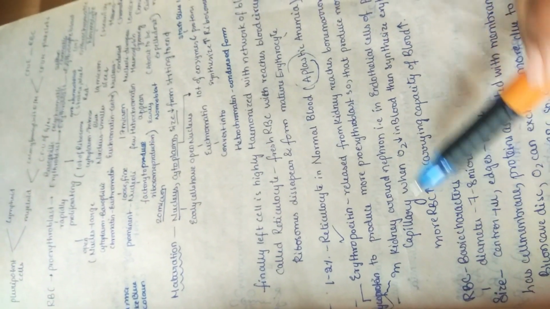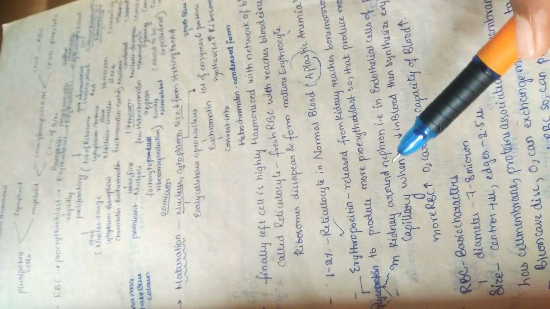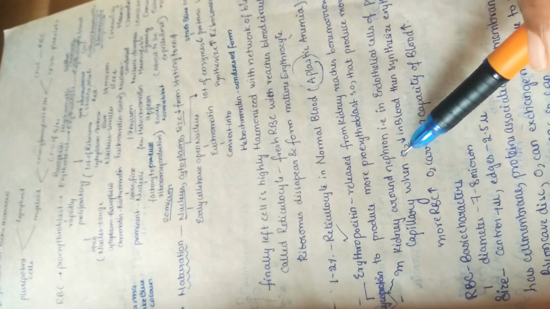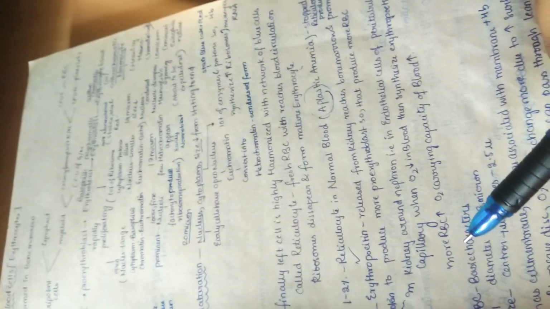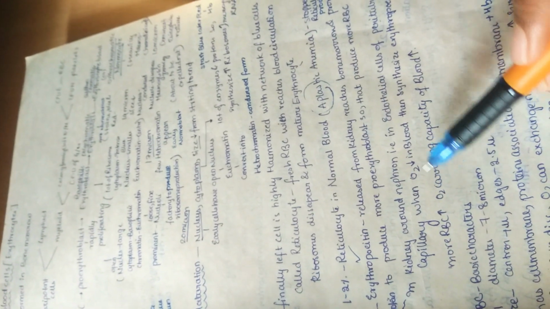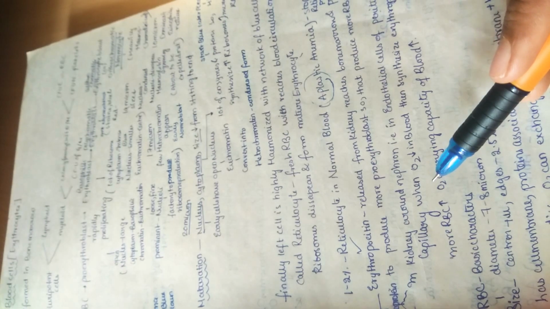In the kidney, around the nephron, this erythropoietin is found in the endothelial cells of the peritubular capillary network. There is a peritubular capillary network around the glomerulus, and their endothelial cells mainly have this erythropoietin. So whenever there is low oxygen in the blood, they synthesize the erythropoietin so that more RBC is produced and the oxygen capacity of the blood can increase. This is also like a negative feedback mechanism.